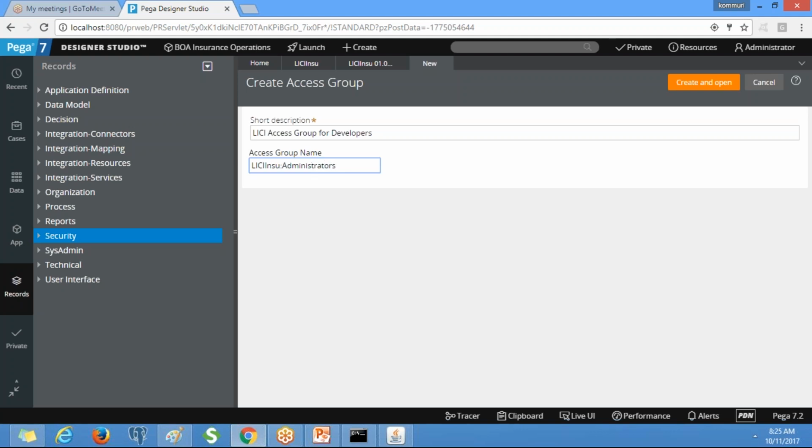LIC insurance is our application, so generally access group names will be the application name colon the access role, administrators. Then you click on create and open.